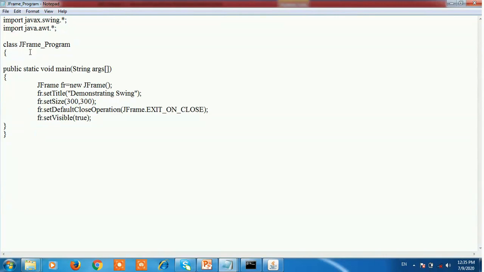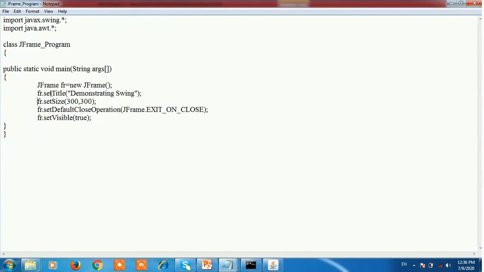After that, create a class JFrameProgram. In the main method, create an object of the frame class. I repeat, create an object of the frame class, not the object of the class. JFrame fr = new JFrame.